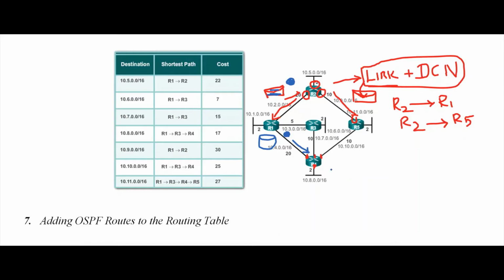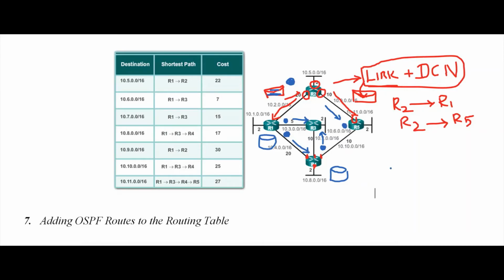Then this router is going to store the LSP of R2. Then it is going to forward it to R3. So everybody is going to flood. It is going to flood the LSP packets everywhere. The LSP packets will be flooded to everywhere. So this is going to be the next step.